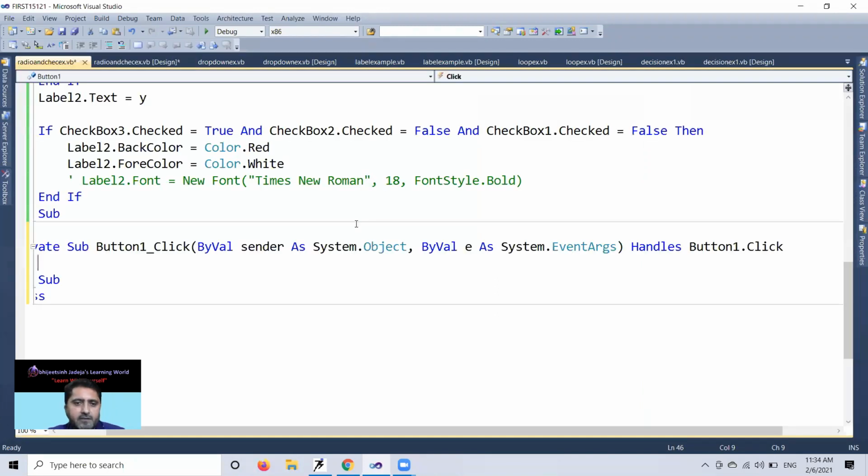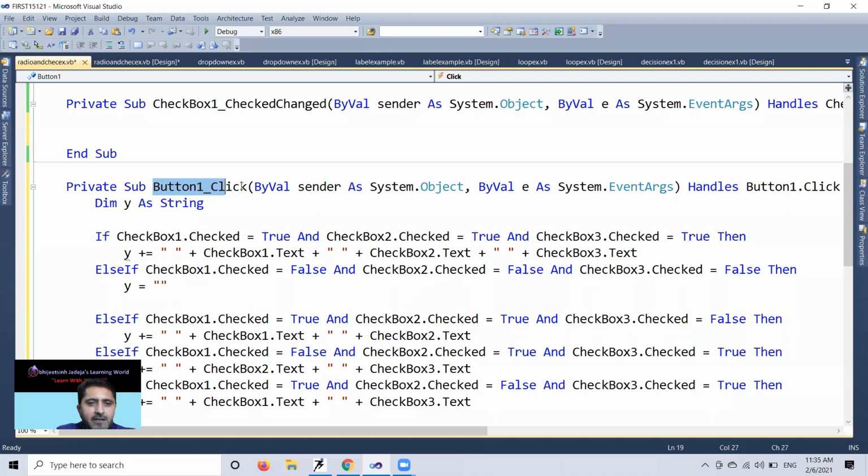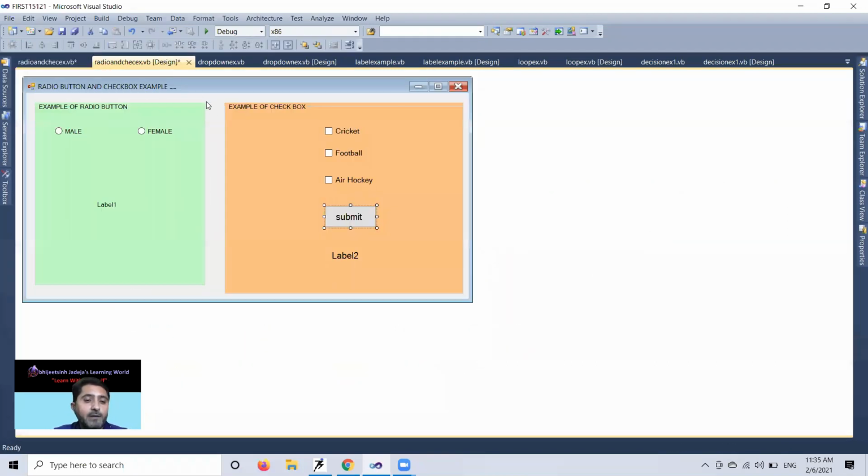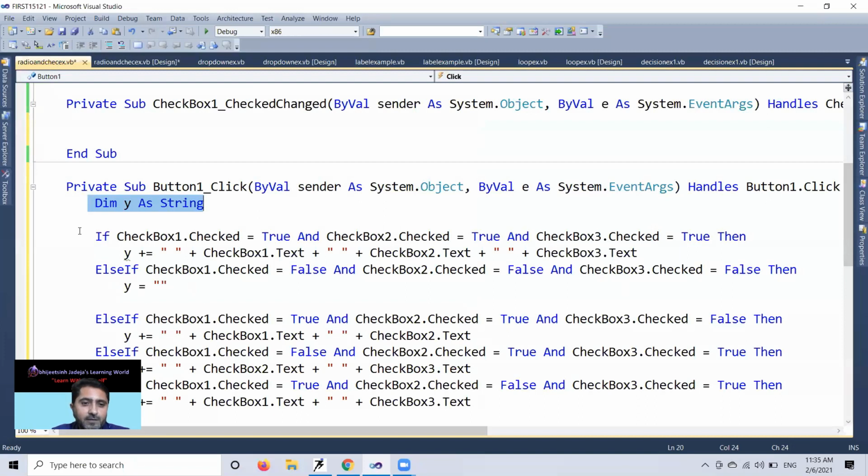On this button's click event, I take dim y as string, and then there is a chance of probability. What is probability? My favorite sports are 1, 2, and 3. It may be possible I like cricket, I like football, I like air hockey. All three on. This is a condition.